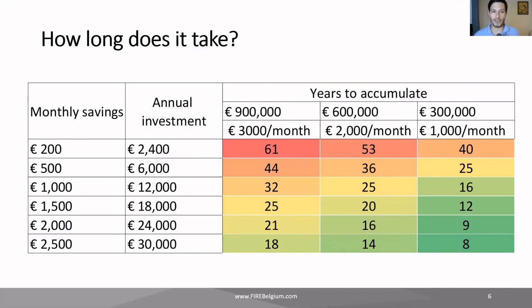So if as a single person, you can save, say 1,000, let's say 1,500, and you only need 2,000 a month, then in 20 years you can get there. If you're a couple and you need 3,000 a month, right, and you can save 2,000, then in 20 years you're about there as well. Now, if you only need 2,000 a month, so you're a couple, for example, and you're doing quite well and you're not spending very much because you have optimized a few of the big expense tickets, and you're saving good money, then you can go down to 16 or 14 years until you get